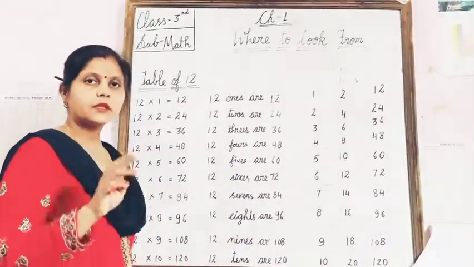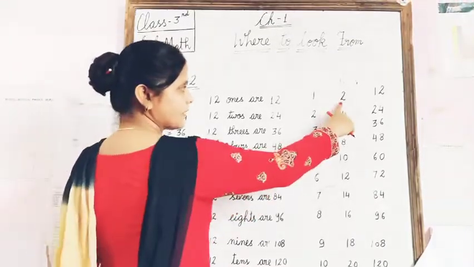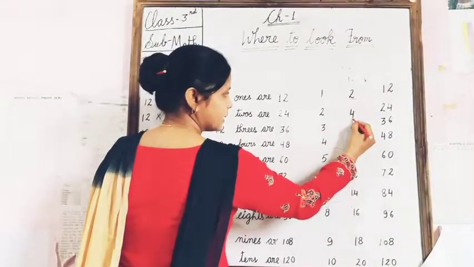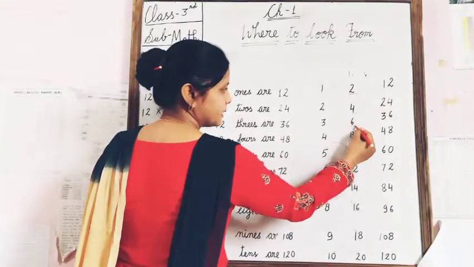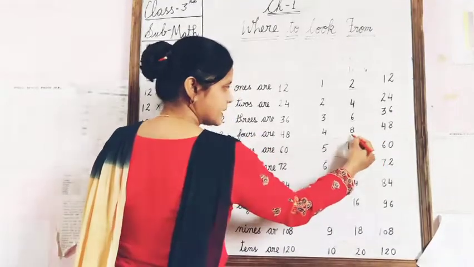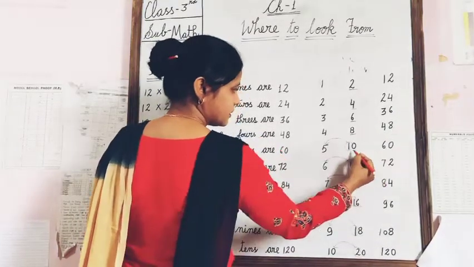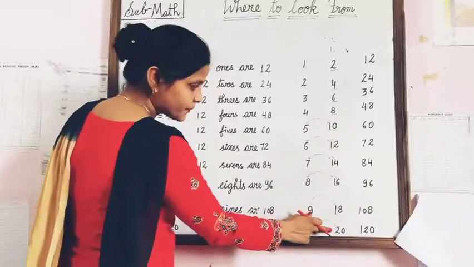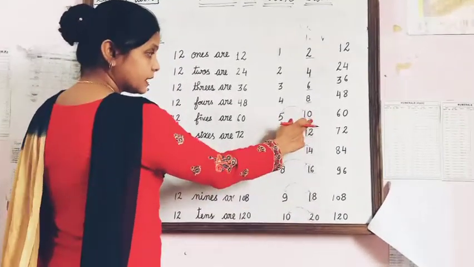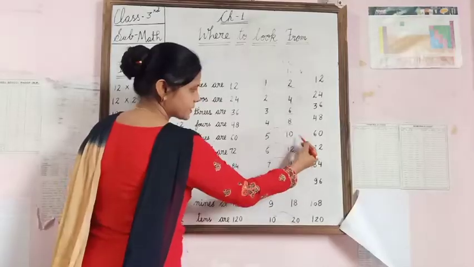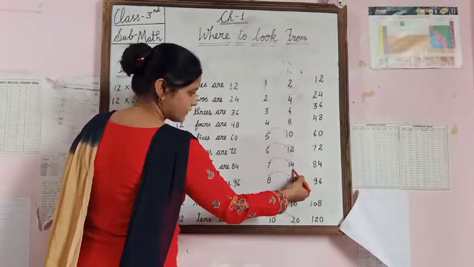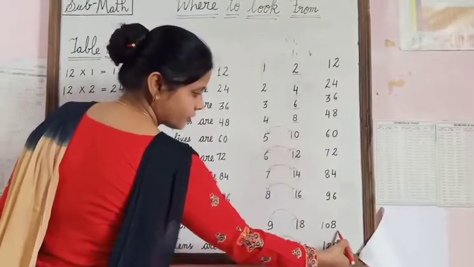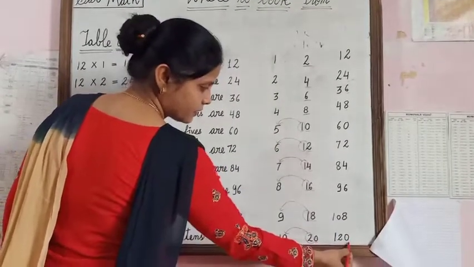Now, firstly you take the ones value. The ones value is 2, so write down 2 here. 4, write down 4 here. The ones value is 6, so write down 6 here. The ones value is 8, write down 8 here. The ones value is 0, write down 0 here. There is a ones value, but there is also a tens value. Do you see it? So in the tens place there is a carry of 1. 0, 2, the ones value 4, write down 4. 6, write down 6 here. 8 is the ones value, write down 8 here. The ones value is 0, write down 0 here.